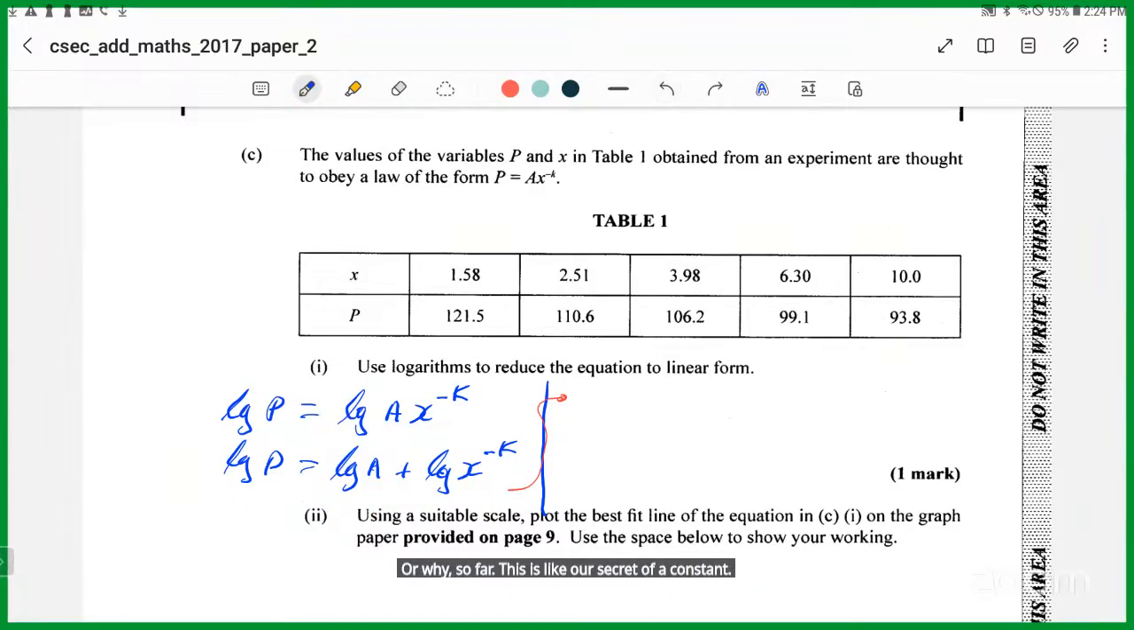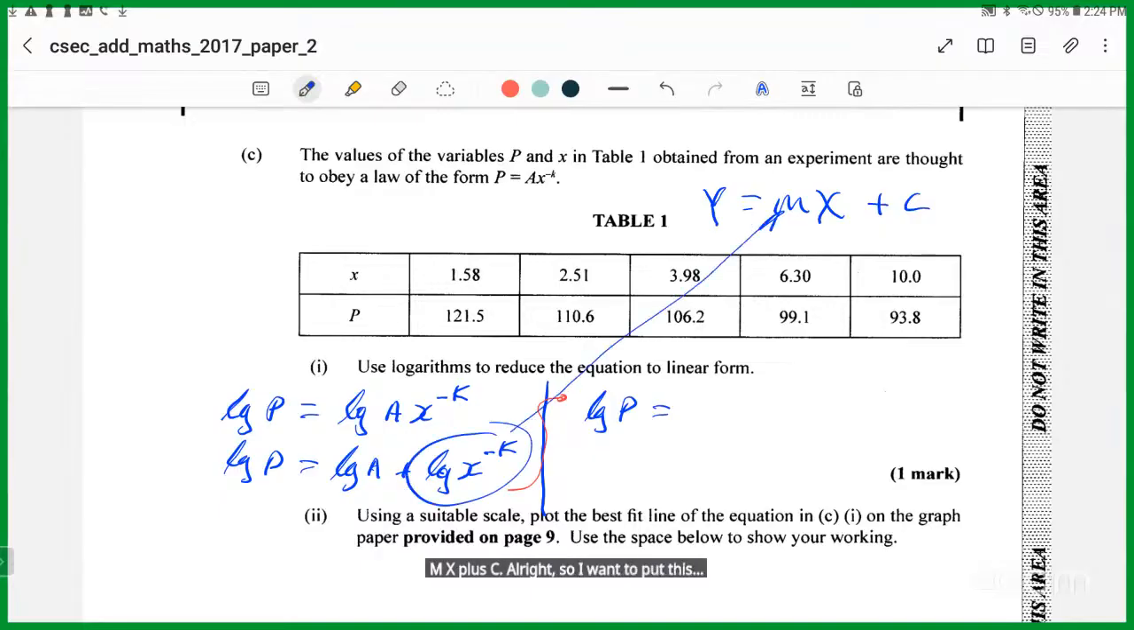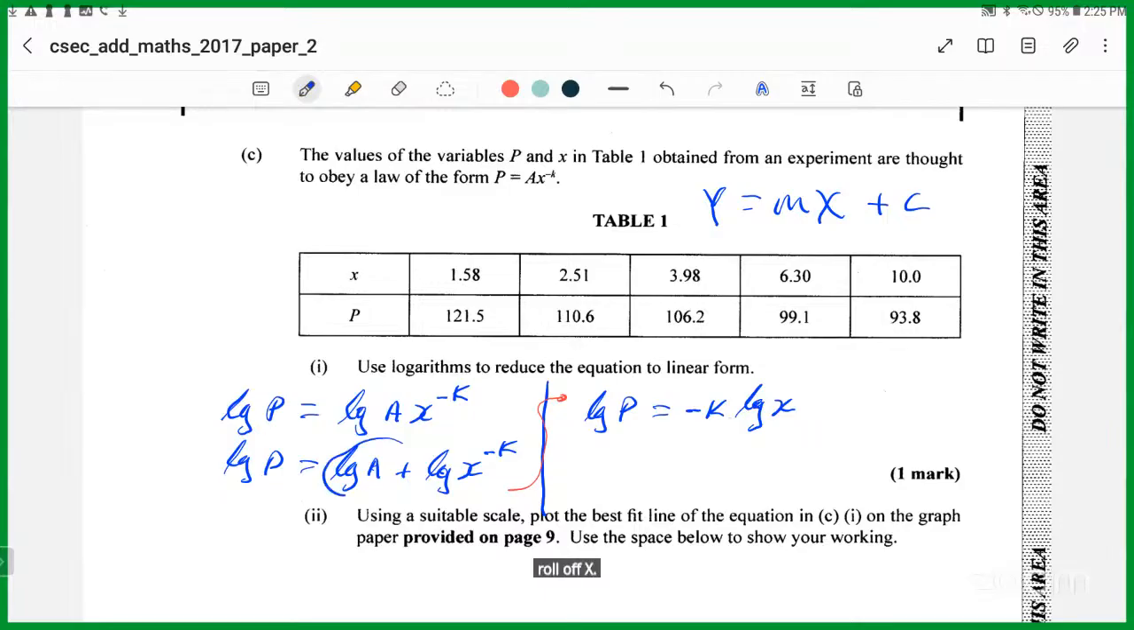And what we're going to do is take this minus k and bring it to the front using that law of log, the power law. So we get the log of p equals, let's put this term in front, because remember, we're trying to get y equals mx plus c. So I'm going to put the minus k in front. It becomes minus k log of x, and then put the log of a last, plus the log of a,